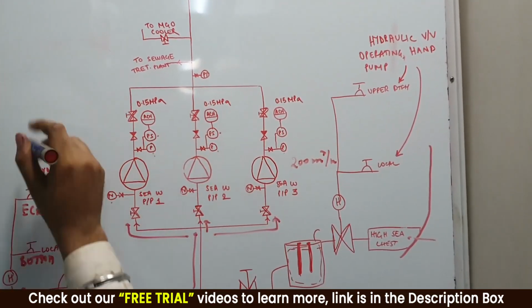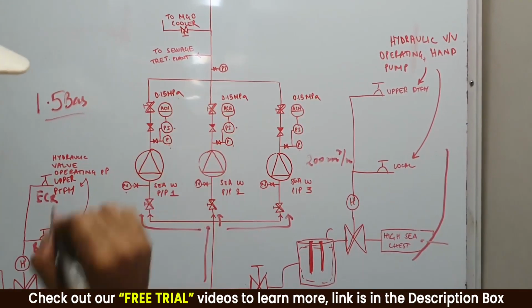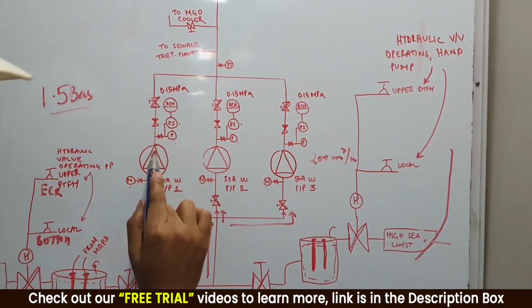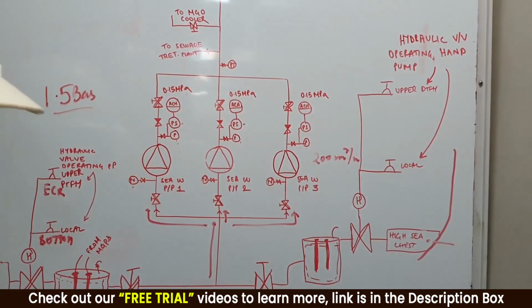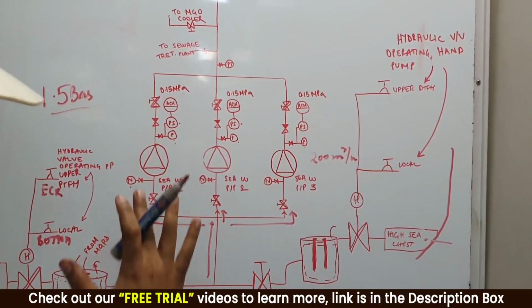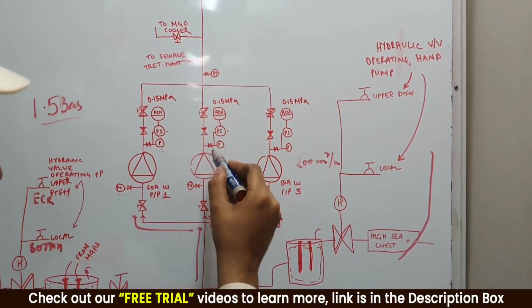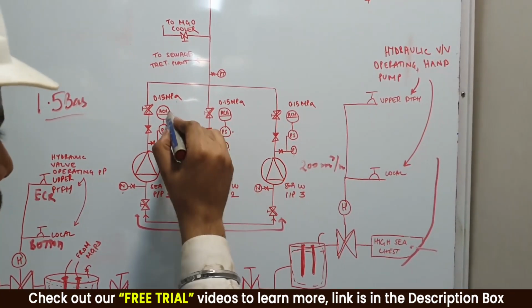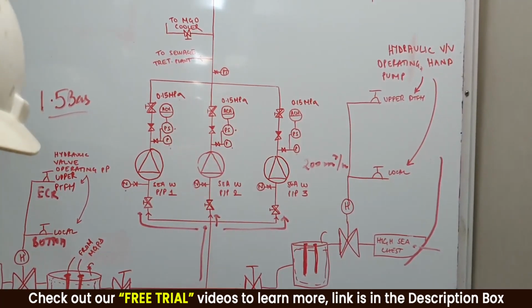Now this pressure switch is set at 1.5 bar. Can you see? 0.15 MPa. It says that in case this seawater pump is running and the pressure switch senses that pressure has dropped below 1.5 bar, by chance, due to some reason, maybe this pump has lost suction, maybe this pump has stopped or something has gone wrong, then automatically the standby pump will start. So this pressure switch will give a signal to the alarm control system, right?